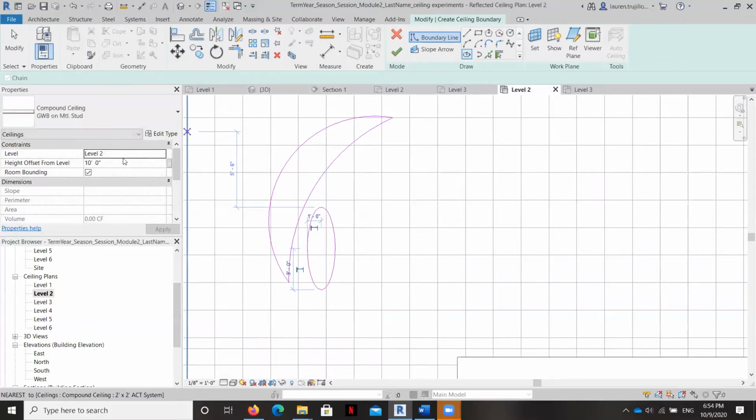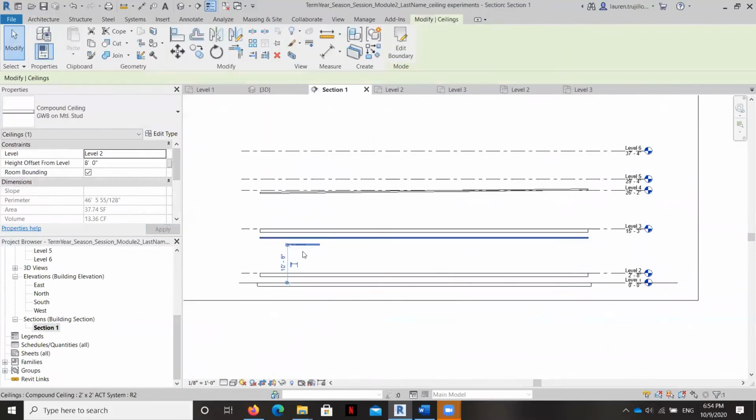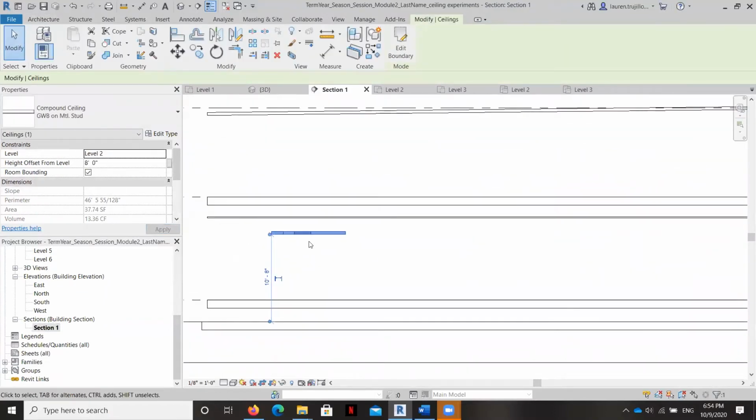Okay, so right now that ceiling is at 10 feet, but we can make it 8 so that it's dropping down, and maybe this is hanging over the reception desk. Okay, so you can see in our section, that ceiling we just drew is right here.